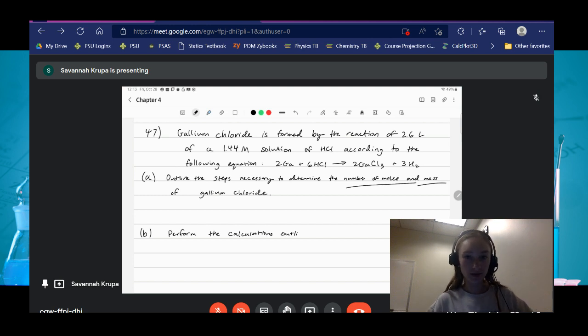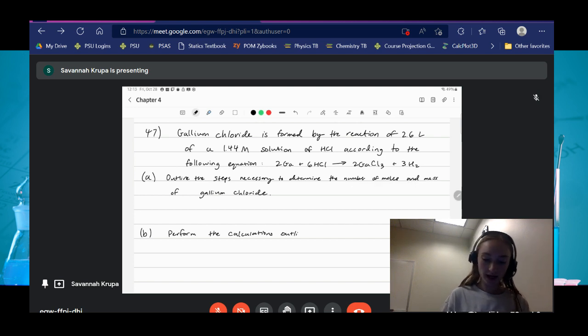So it's similar to the last problem that we worked with when we found the number of moles of water produced, and also the mass of water that is produced from the reaction. But instead, we're working with a different compound, gallium chloride. But this time it already gives us the balanced reaction, so that makes it a little bit more simple to start with. So whenever it gives us the amount of something that we have, usually that's a good place to start. So we have a certain amount of something. So we're going to start with